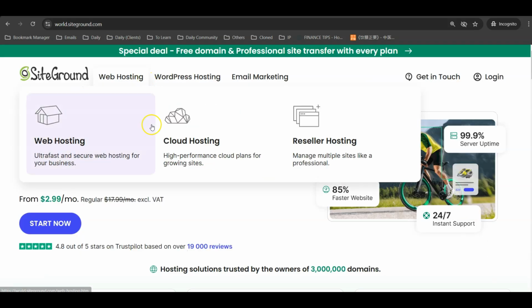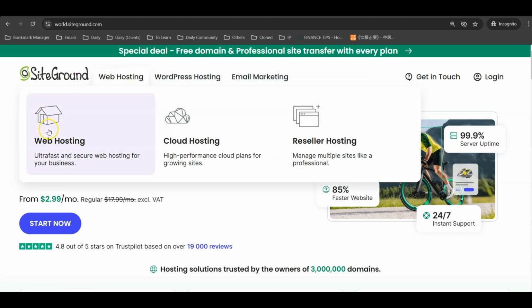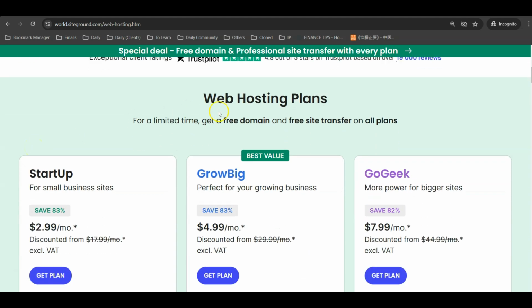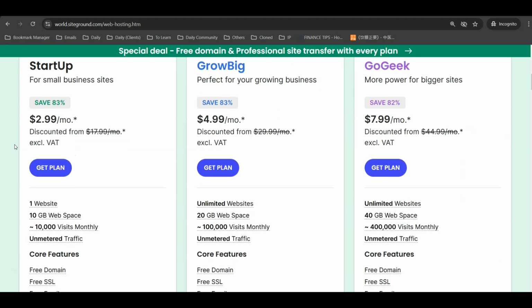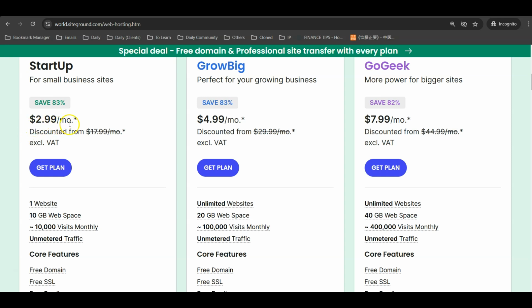The second web hosting company is SiteGround. You may have heard of this company, and you can go to web hosting over here. SiteGround uses shared hosting, which means that your server is sharing resources with other websites. So if you only need one website, you can just select their startup plan. It starts from $2.99 per month. Please take note that this special pricing is only for the first year. So for the first year, every month, you just need to pay $2.99. But from the second year onwards, it will revert to their normal pricing, which is